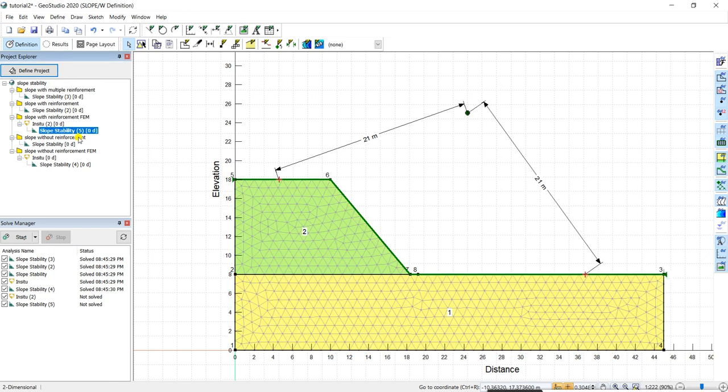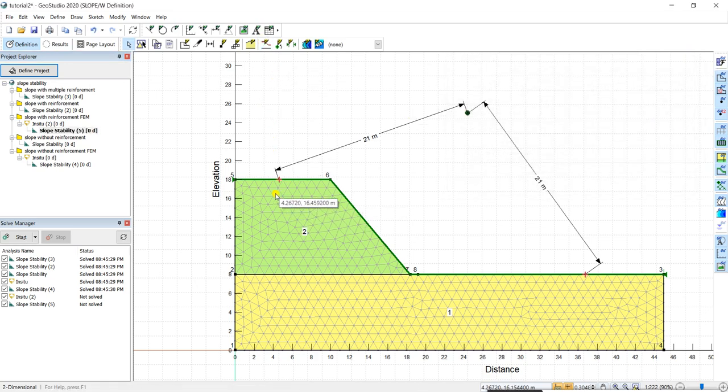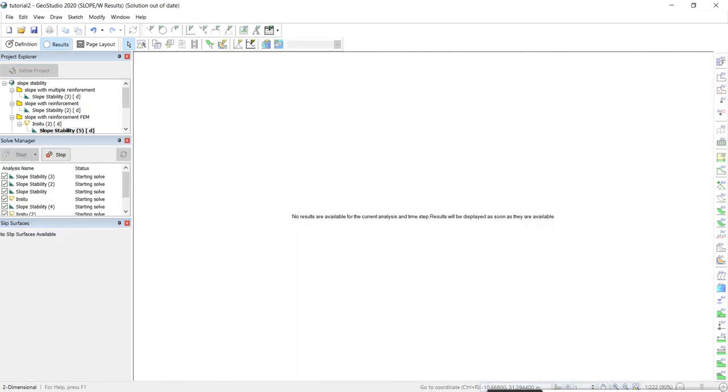So now I'll go to the slope stability, or SLOPE/W type of program, and everything we have added in the SLOPE/W, like the previous one, you have to add this entry and exit point from here after giving the coordinates, and you have to add the center of rotation here. And after adding everything, you recheck it, then you run the analysis.